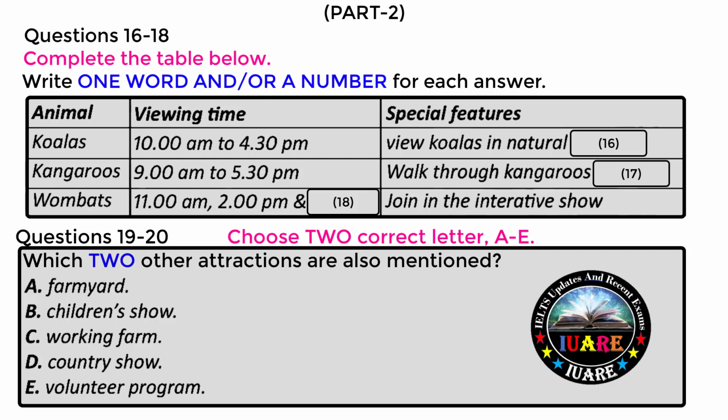In addition, the working farm is where the country comes to town. Visitors can milk a cow, bottle feed a lamb, watch farm dogs gathering the sheep. All the excitement of a real Australian farm. When they ask for volunteers, be sure to put your hand up. Everyone can get involved. We at the Australian Wildlife Park hope all our visitors have an enjoyable time. See you soon. That is the end of part 2. You now have half a minute to check your answers.